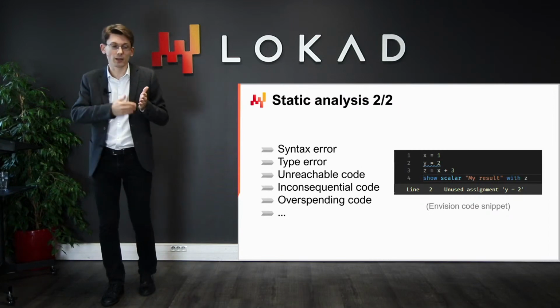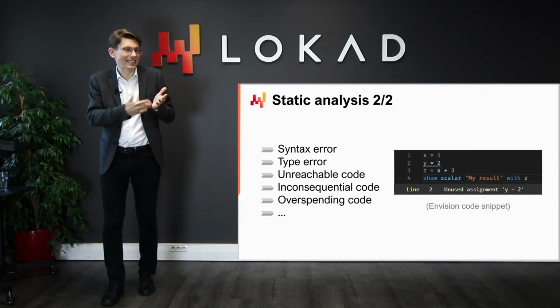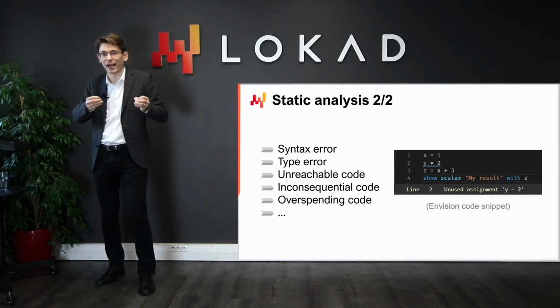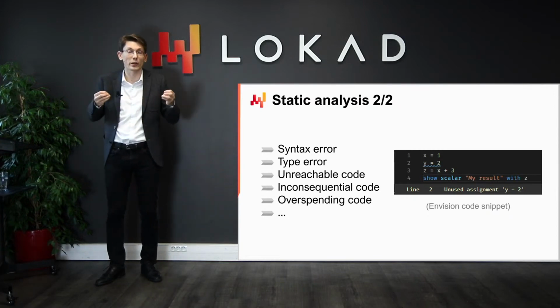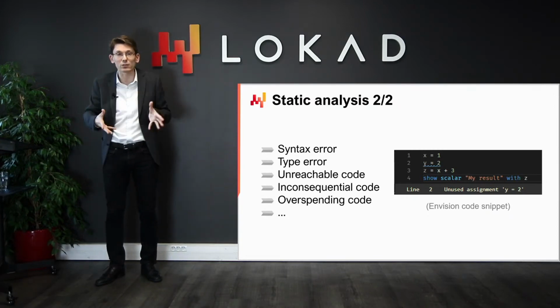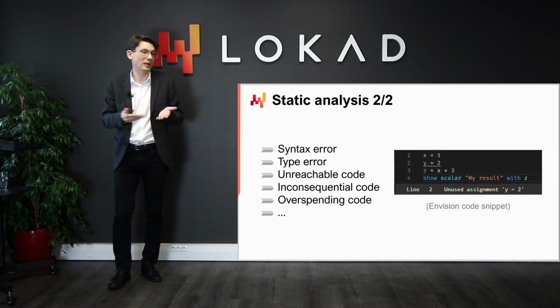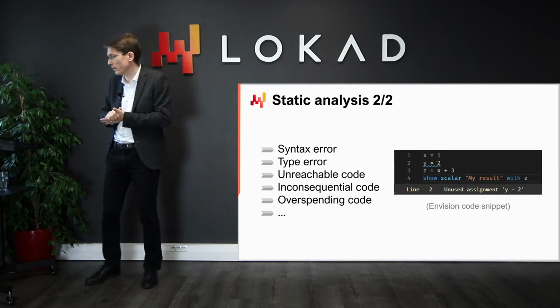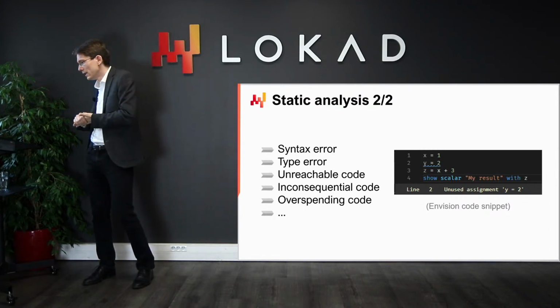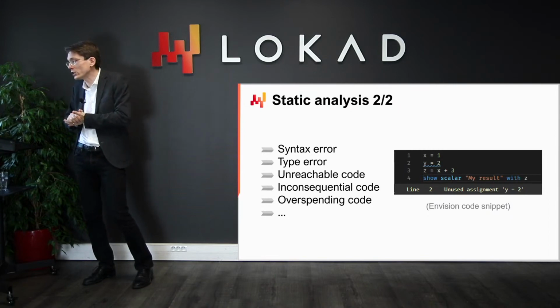Inconsequential code is just code that will actually execute, except that it doesn't have any impact on anything that your script ultimately does in terms of outputs. Thus, it's completely inconsequential. It runs, but no impact. Right? It's a variant of the unreachable code.